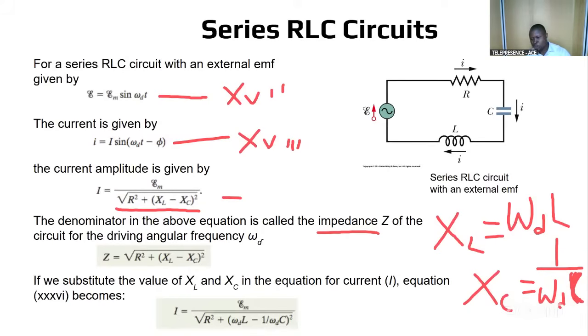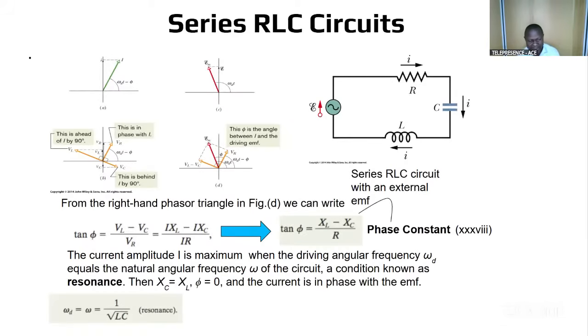Okay, so if we substitute omega_D L for XL and 1 over omega_D C for XC, we have this equation. That's I, the current amplitude. So this equation is the current amplitude in an RLC circuit. Now, we need to find the phase constant of this circuit. If you recall from the previous classes,